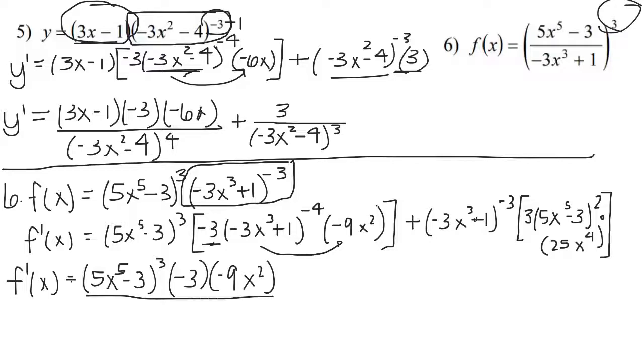Negative exponent goes to the bottom, so we have negative 3x cubed plus 1 raised to the positive 4. Now, if you keep it negative when you move it to the bottom, it'll be marked wrong. Plus,